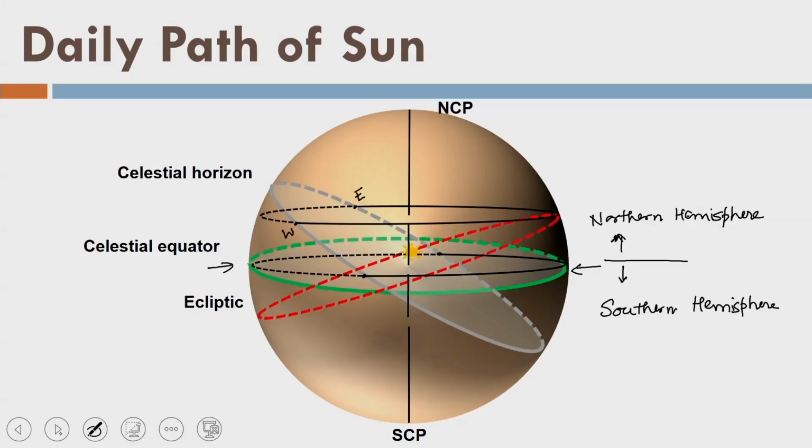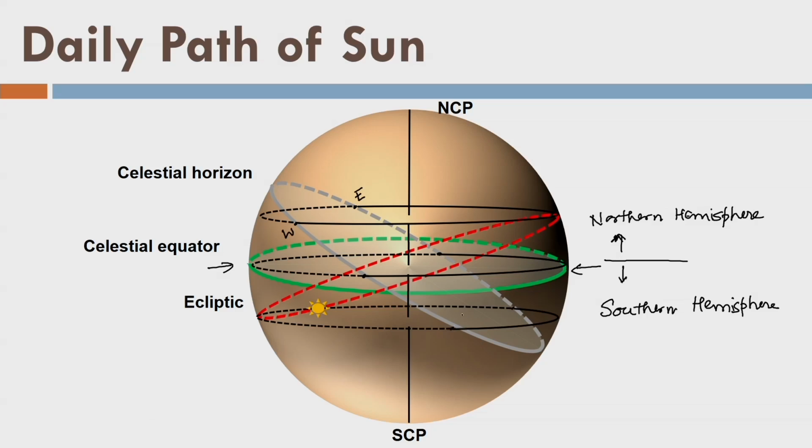Let us take the position of the sun in the southern hemisphere, let us say around the month of November, December. As a result, you can see that in the daily path, for an observer in the northern hemisphere, the length of the day is quite small. Although it is an animated figure and highly exaggerated, it is still conveying that the path from this point here, east, to west, is much smaller than the path below the horizon.